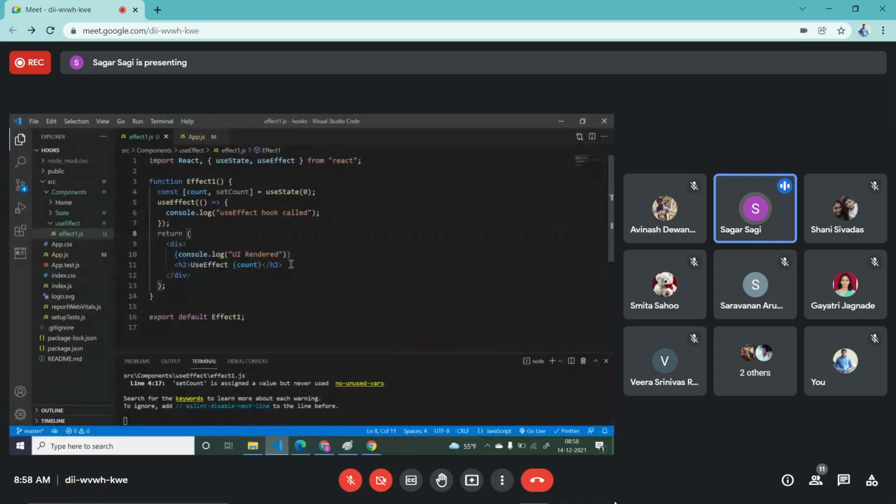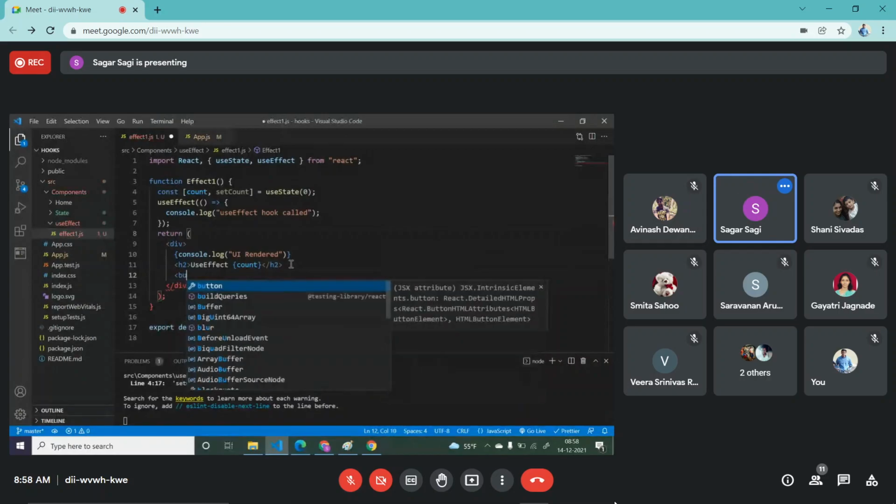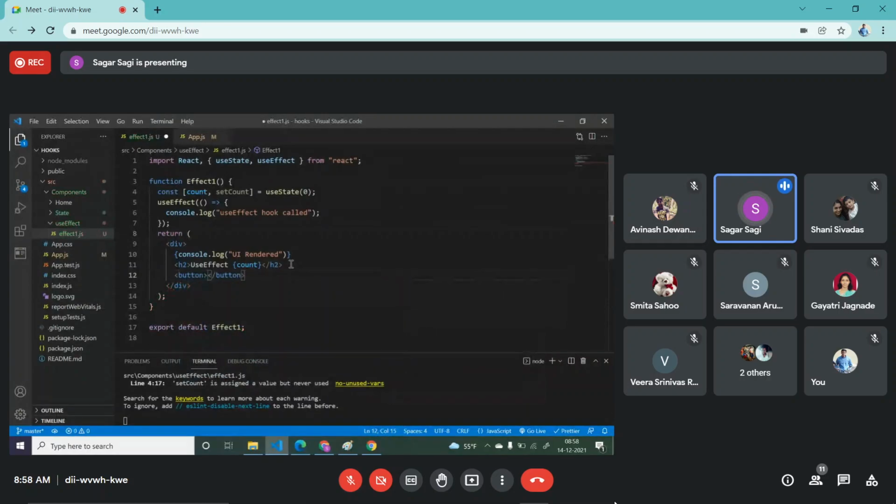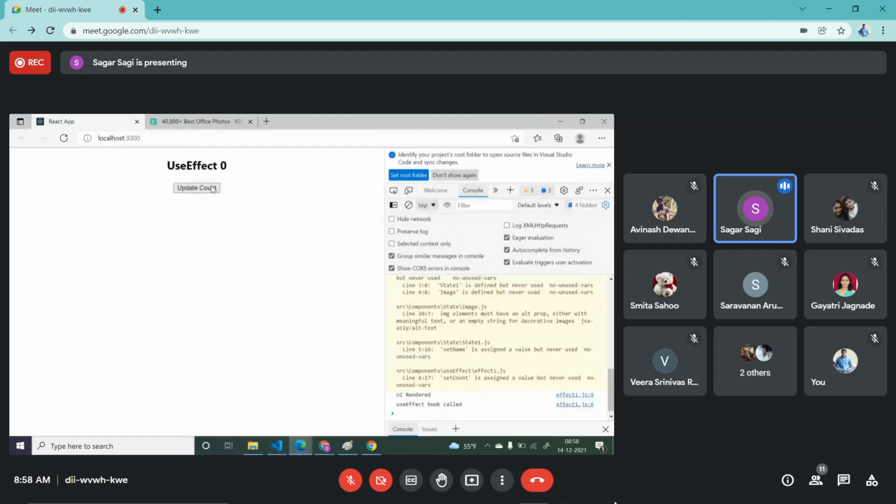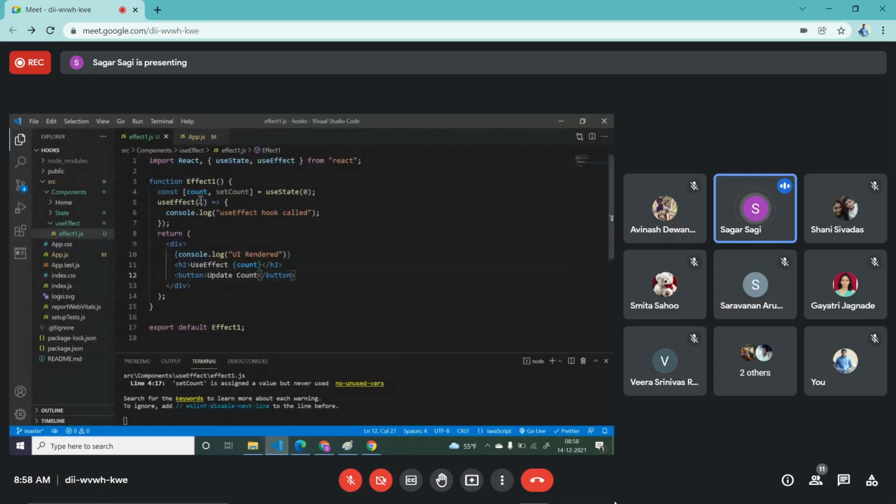Now I just want one button here. I will say update count. If I click on this, the value should update. This value updating means my component is going to update. If my component is updated, again this callback function will be called. So let's see whether it will be called or not.